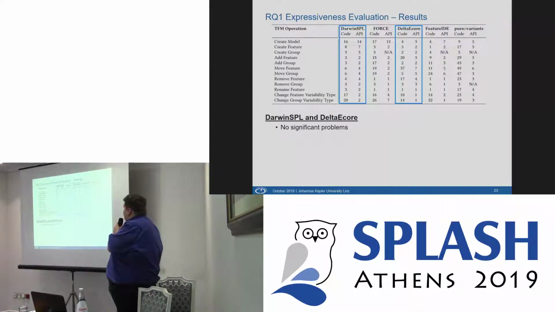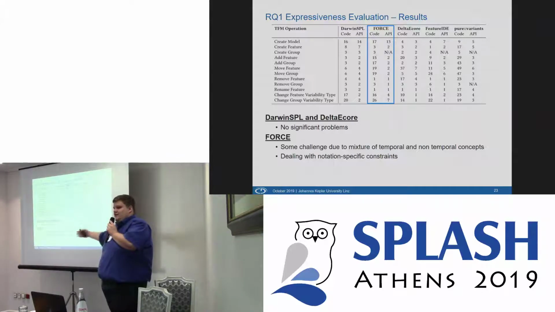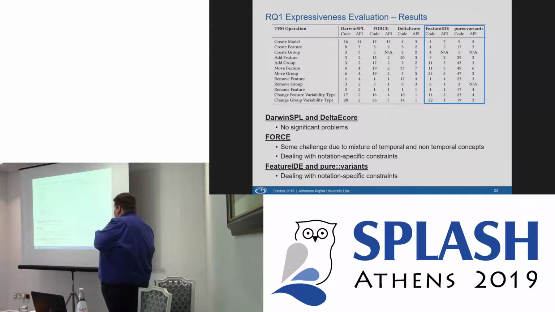Nothing dramatic. For Force, it is a bit different. We had some challenges because Force is mixing temporal and non-temporal aspects of feature models, because you don't add features specifically at a certain point in time or revision, but it's automatically evolving with each operation you execute. And yeah, that's the main problem why we had some additional lines for many of these operations here. Feature ID and prevariance,